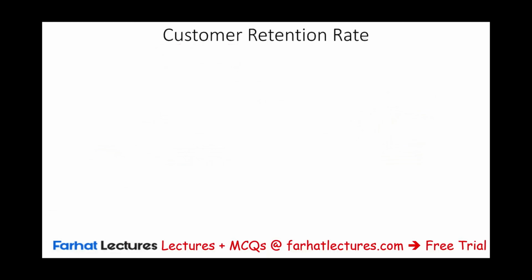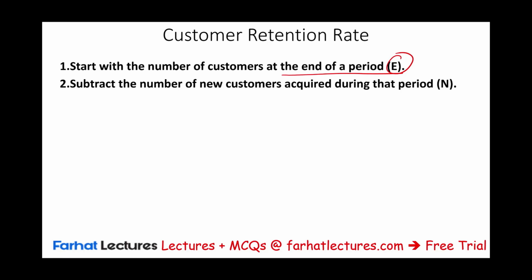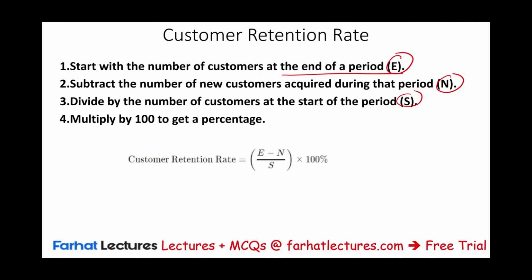How to compute this rate, customer retention rate? Well, we're gonna start with the number of customers at the end of the period. We're gonna call it E. Subtract the number of customers acquired during the period, call it N, and obviously the beginning minus the end. Then divide by the number of customers at the start of the period, which is S. Multiply then by 100. So we're gonna start with the number of customers at the end of the period, subtract the number of customers acquired